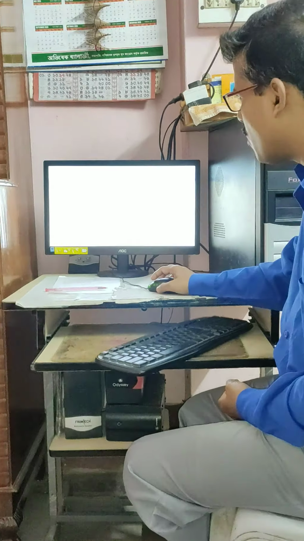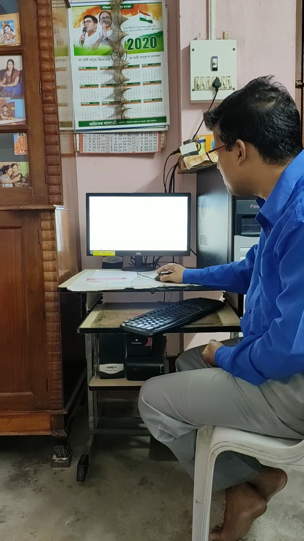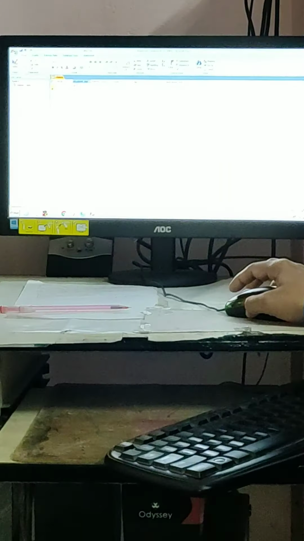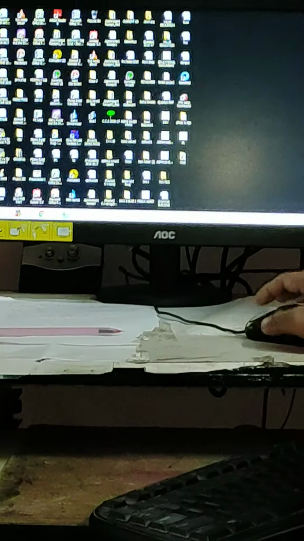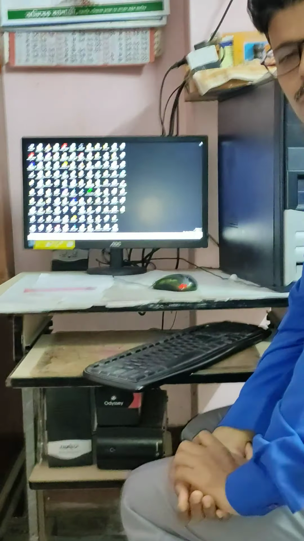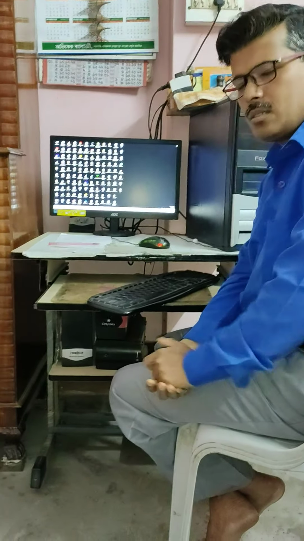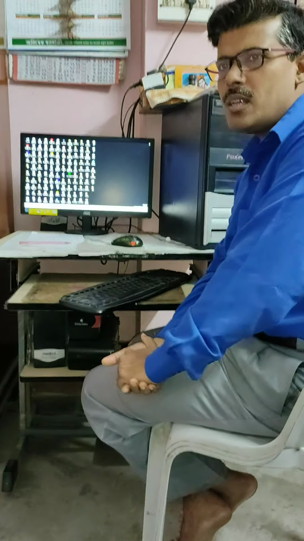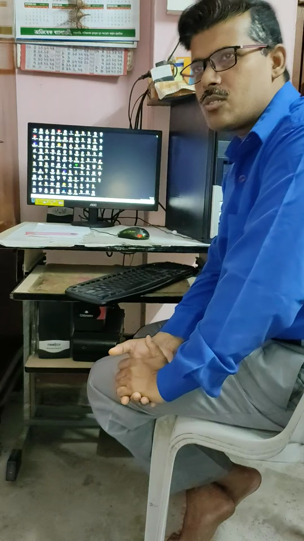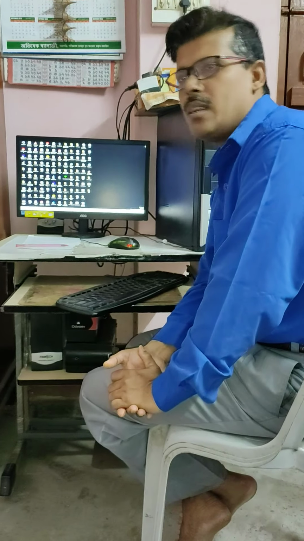Now I want to save this file from MS Access. You have to go to Save As, then save it on the desktop. MS Access is a very important software; you can make a primary key. I have already made a primary key with the roll number. So we can easily link with other databases, and easily access another database from the main database.